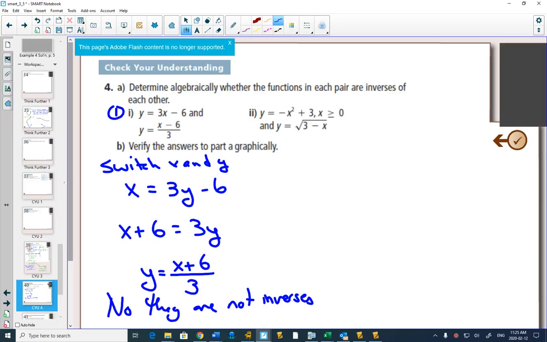Sometimes you have to do a little bit of manipulation to get the equations in the same form before you can say they match or don't match. But in this case, they're in the same form. One's x plus 6, one's x minus 6. They're not the same. To look at that graphically,